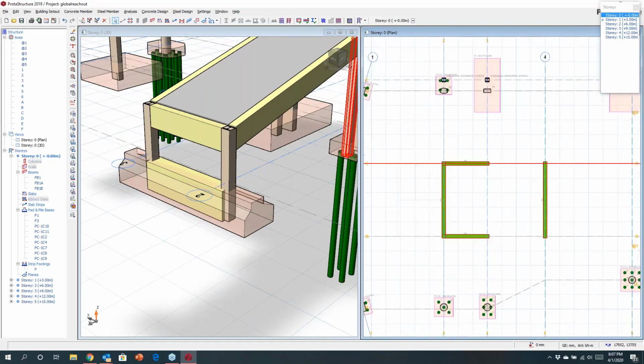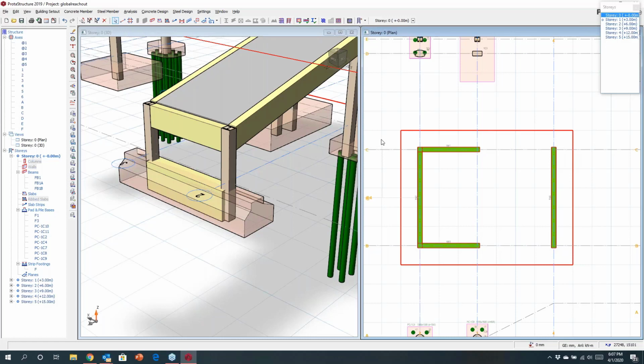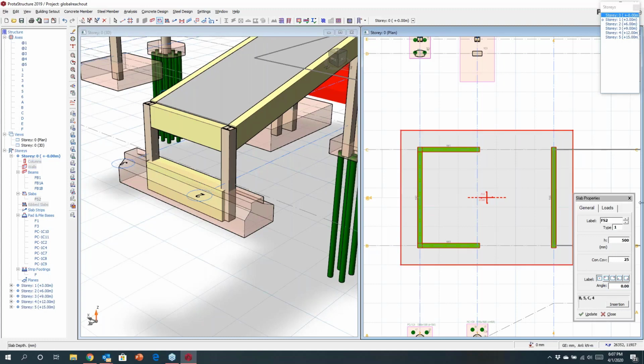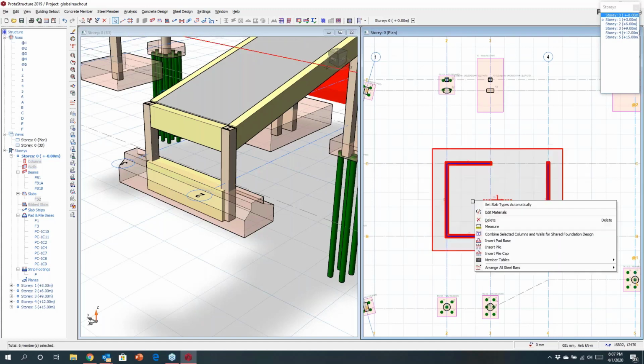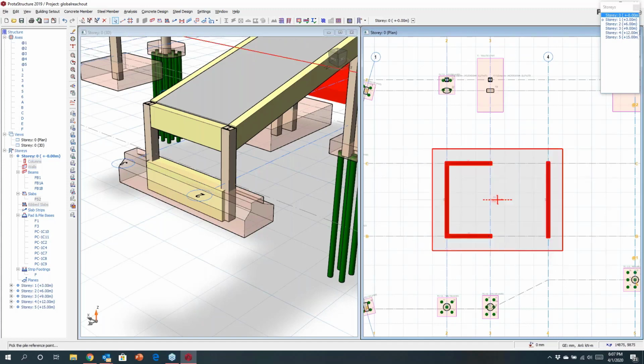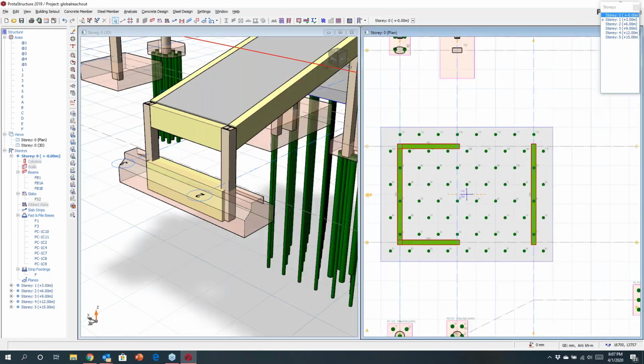Now the other types of foundations I'm just going to touch on quickly is a raft foundation. If I come down to here, we can insert rafts. I can choose some thicknesses here, maybe it's 500, and then we can define a raft in the model. Now you can also, if you wish, cut strips through this for the design. If you found that that wasn't satisfactory, you could also have the ability to be able to insert arrangements for piled rafts. So if I just key in a pile spacing here, you can see that I've actually now created a piled raft. These pile properties can be manipulated, and you can also play with them. So if you want to remove piles, move them around, all those types of things, you can just adapt this